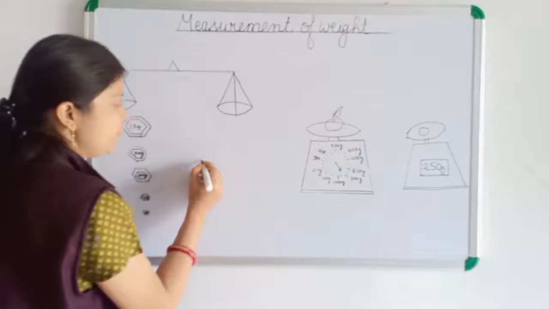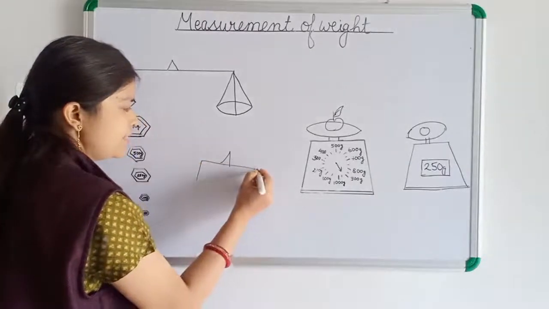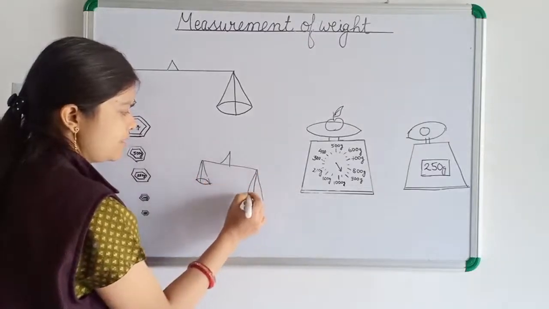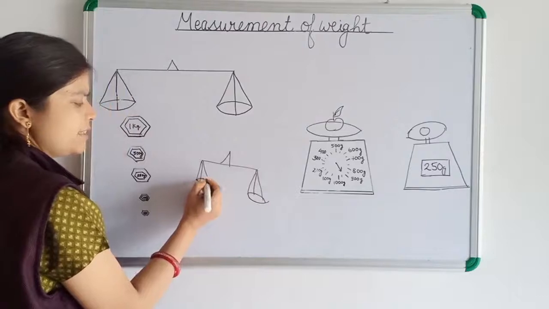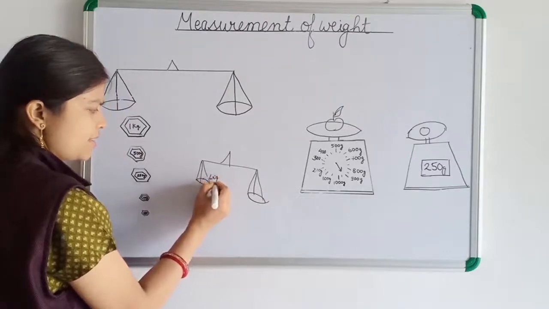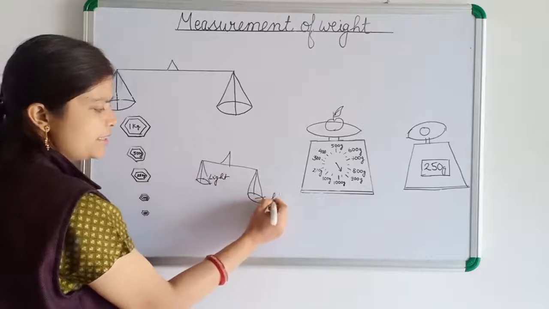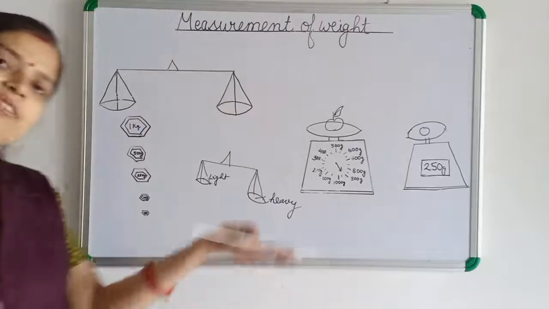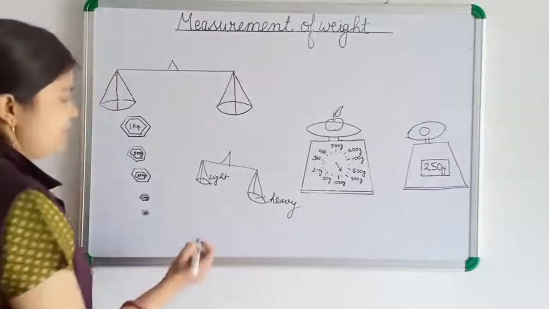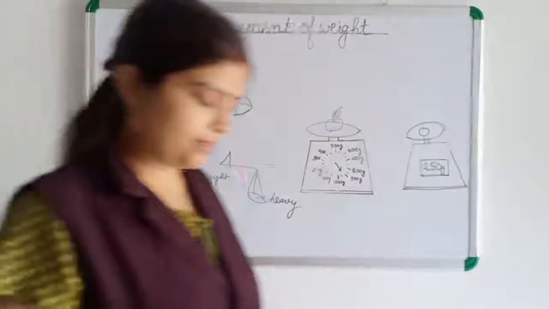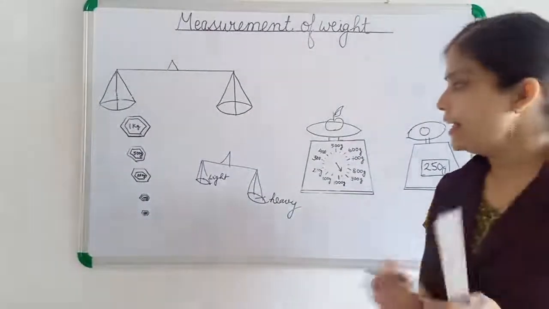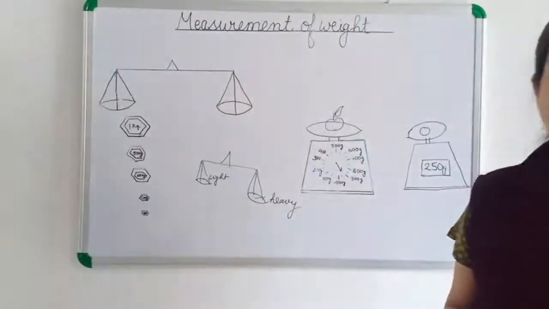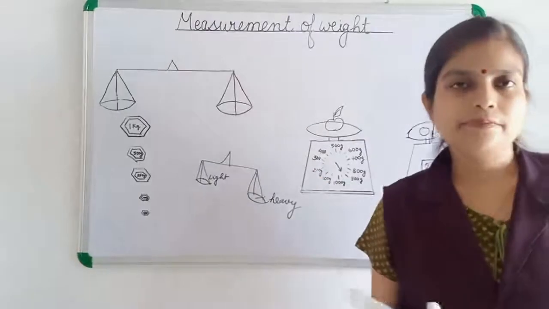Okay, so sometimes it goes like this, you have seen now, it is not balanced, it is unbalanced. Whatever object is here, that is light, and whatever object is here, that is heavy. Okay, the heavy one is going down and the lighter one is going upside. So like that only we can compare which one is light and which one is heavy, and like that only we are weighing the weight of any object, okay, by balancing this simple balance.